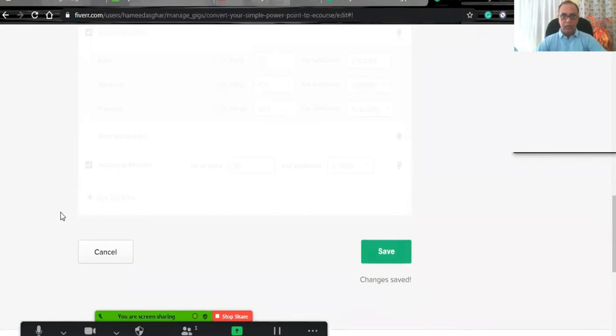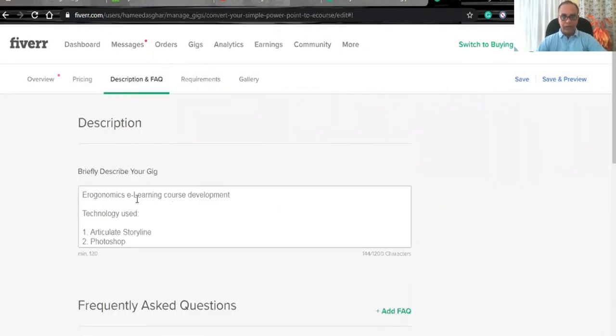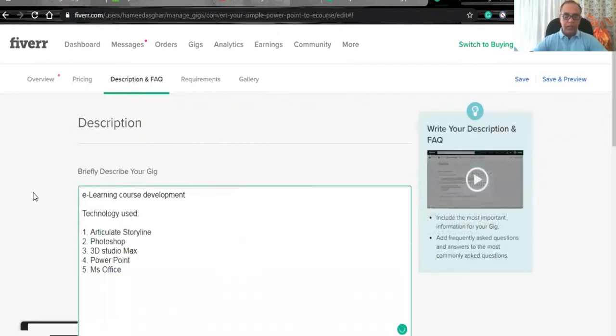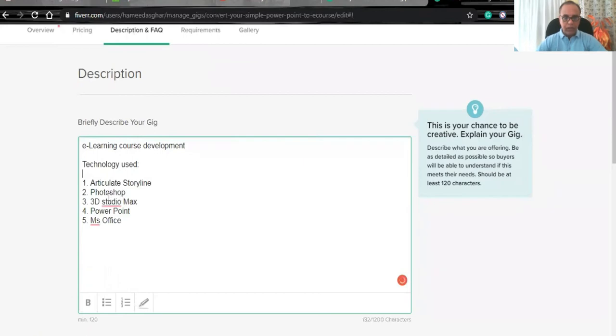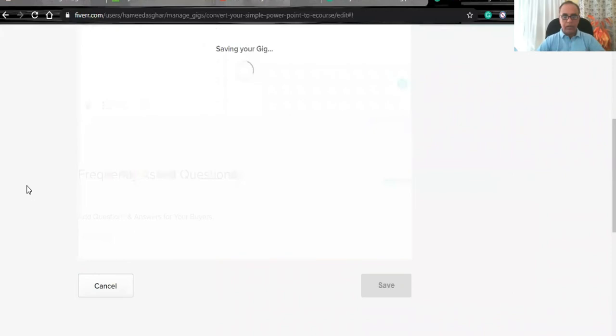So let's roll back to the top of this and go back to the third tab, that is description and question answer session. So instead of this I must say कि इसको थोड़ा सा touch up कर लें, because there is a problem with this. Okay, it's 3D Studio, that has to be capital, PowerPoint with no space. MS stands for Microsoft, so that has to be capital. And इस तरह की चीज़ें, the basic things, and उसके बाद you just save it up, and save करने के